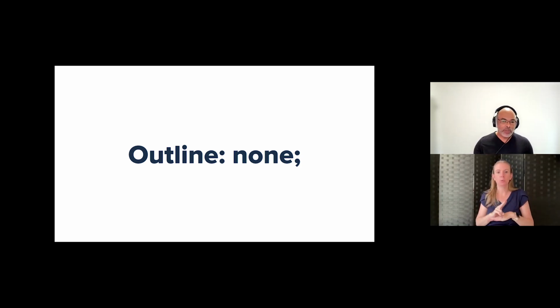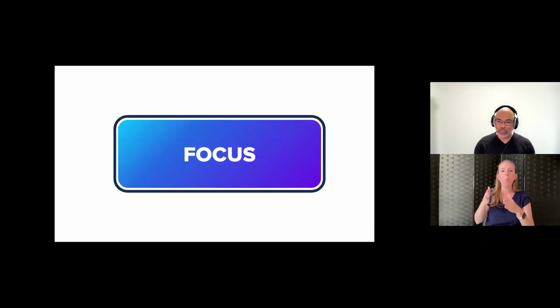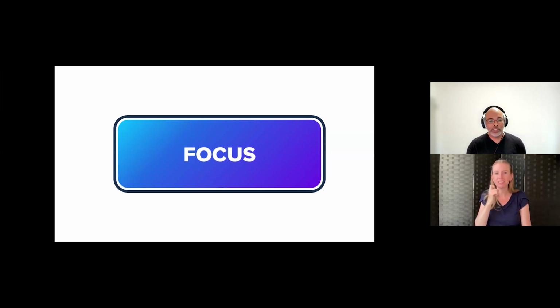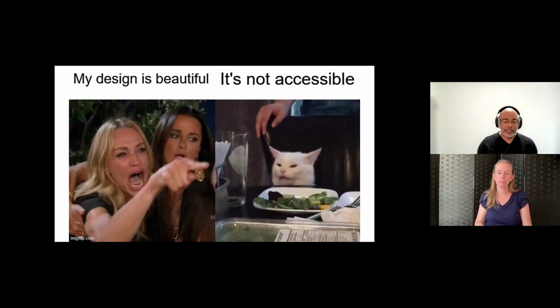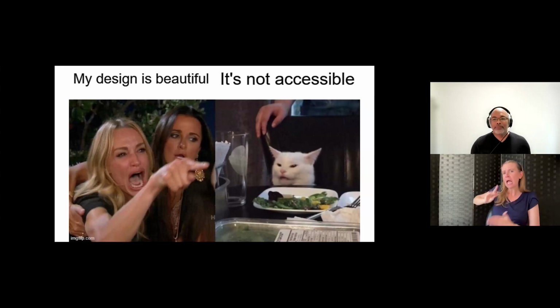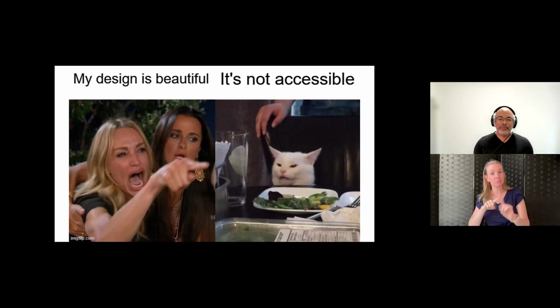So what we have to do is rip those out. If you're going to use outline none, you have to provide a viable fallback that will provide an outline around all focusable elements so that your users are able to navigate around your application in the event that they don't use a mouse, because we all do not use technology the same way. And I hear this from designers, my design is beautiful. Yeah, but it's not accessible. That's cool.